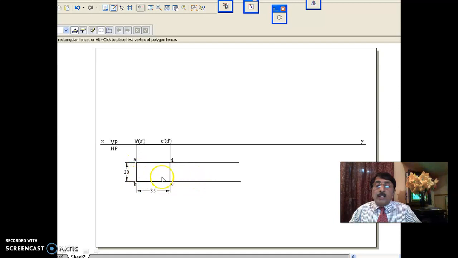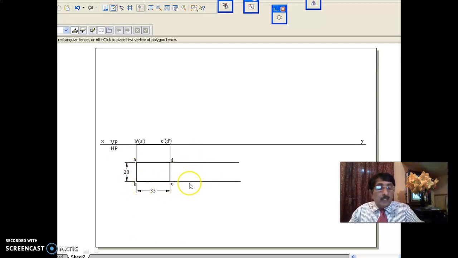Here, it's a rectangular lamina 20 by 35. You see here, I have made this 20, this 35, so that obviously 20 mm will subsequently be on HP. Correct? I told you in the last problem. When you start inclining, this 35 goes on reducing. At one particular stage for certain inclination, this can become a square. But in case you reverse it, let us say, if this is 35, if this is 20, obviously 35 mm will be on HP. When you start tilting, 20 mm goes on reducing and you will never get a square.